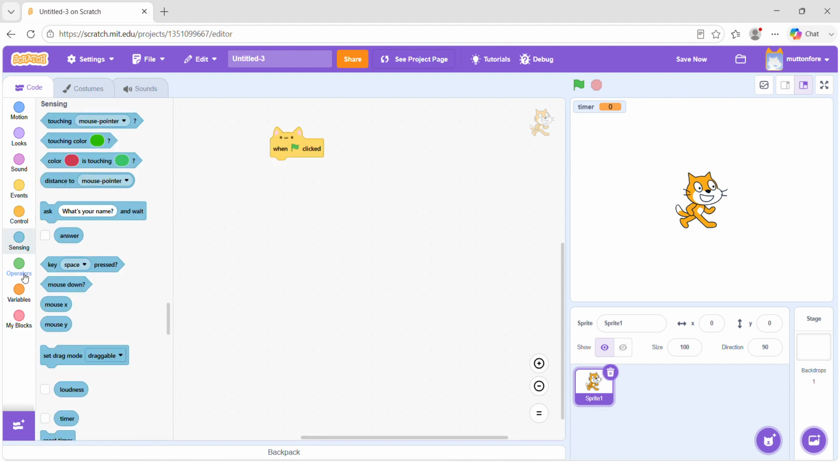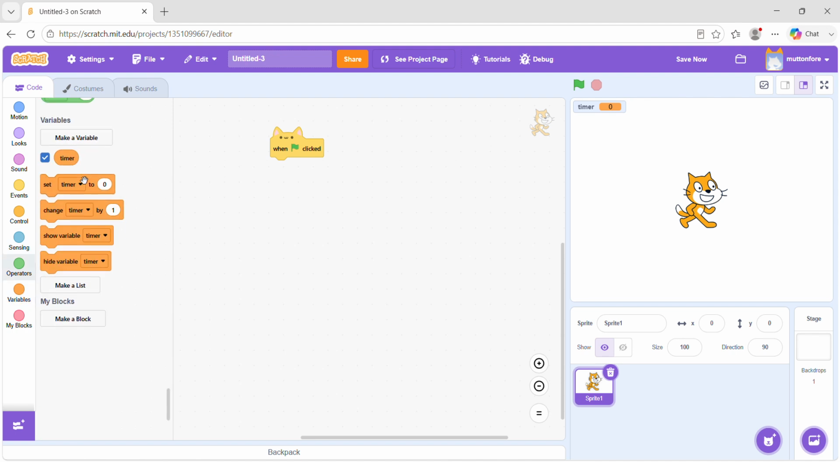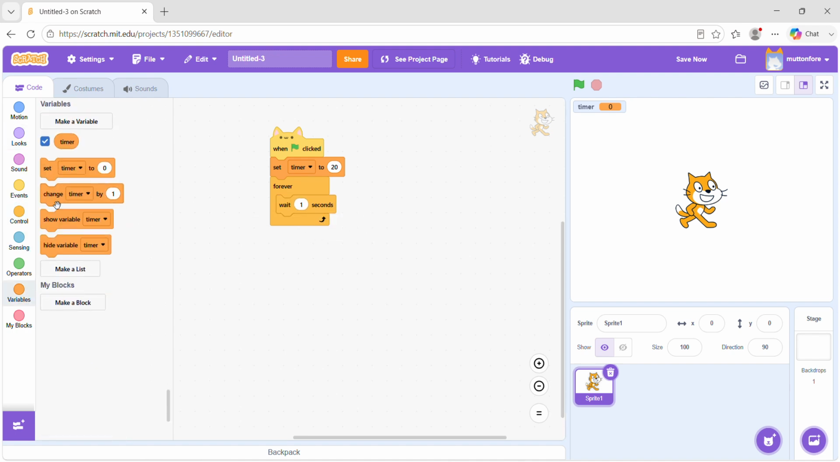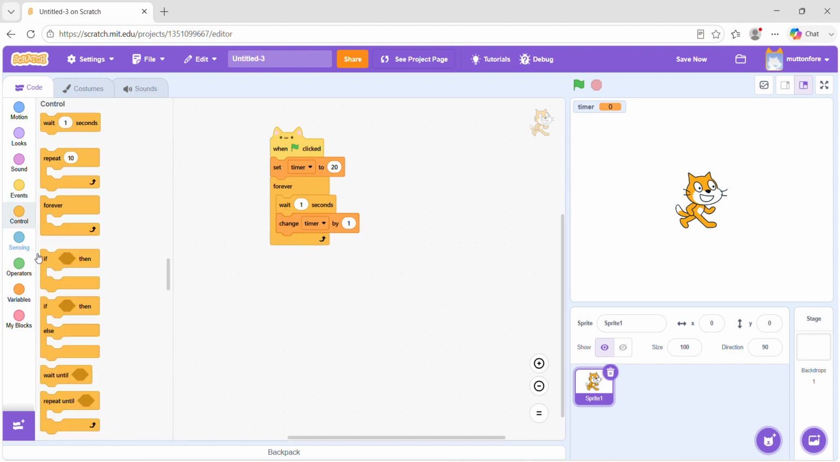set the timer to, let's make 20, and then forever it has to wait 1 second, then change timer by 1, and then